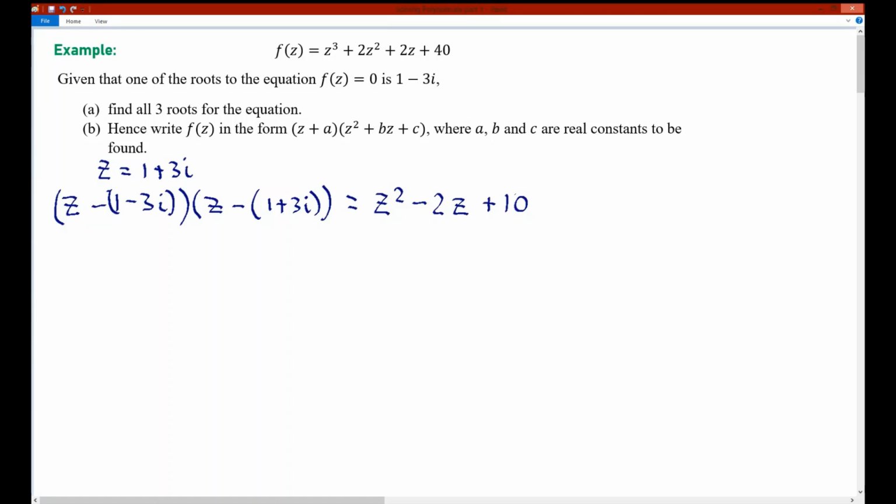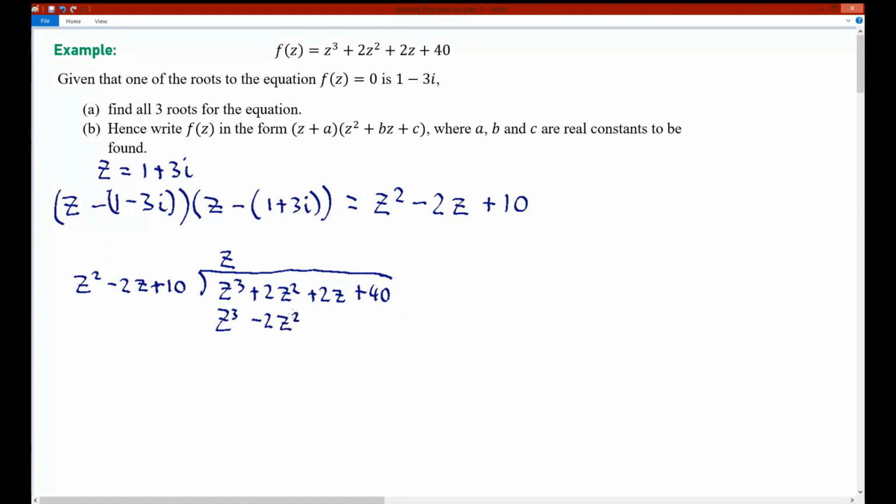Okay, now what we can do is use algebraic division, and that's because we've now got something which has all real coefficients, so now it's actually quite easy to do. So that's exactly what I'm going to do. We're going to use algebraic division. I'm going to use long division here, but whatever method you like using that can help you with this sort of question, that's absolutely fine. So writing it out, z cubed plus 2z squared plus 2z plus 40. There you go. Okay, so z squared times something equals z cubed. That would be z. Multiply the quadratic by z gets us